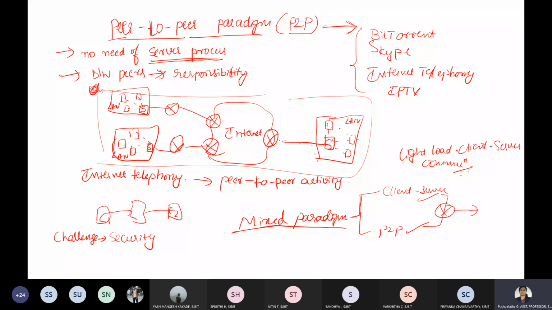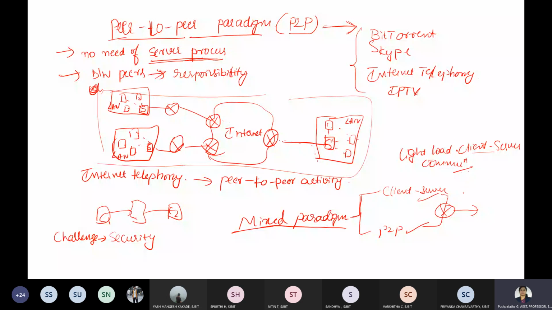When the address of the peer is found, the actual service can be received or sent between the peers using the peer-to-peer paradigm. Initially it uses client-server, later it uses P2P for communication. So the advantages of both are taken and utilized. This is about the different paradigms which we are going to discuss.